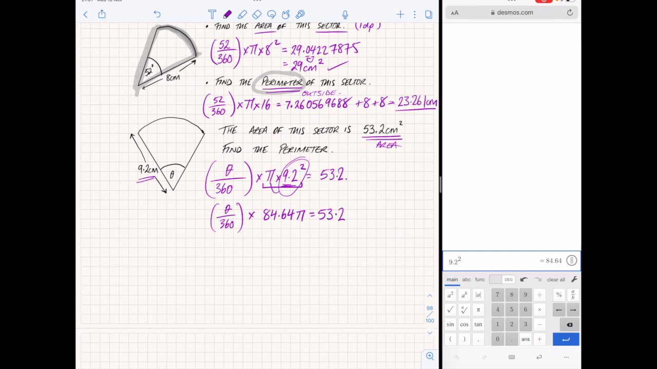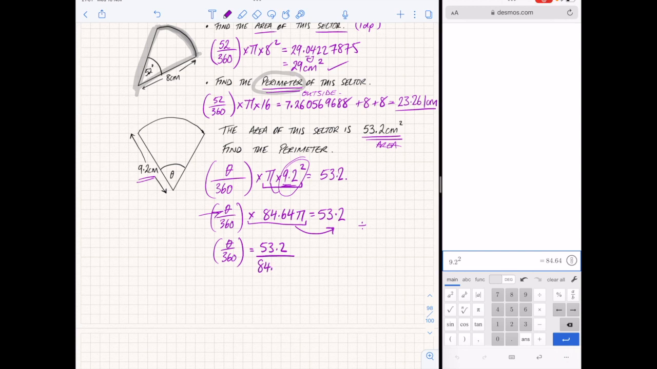And that's obviously the area that you're given. What you now need to do is rearrange this. I'm still trying to find this value here. So where it's times by 84.64 pi, I'm going to take that over that side, and I'm going to call it divide. So angle over 360 times by, angle over 360 is now equal to 53.2, and I'm dividing that